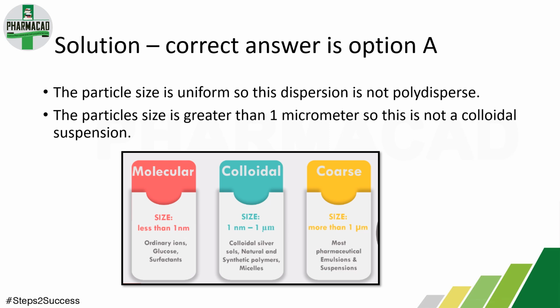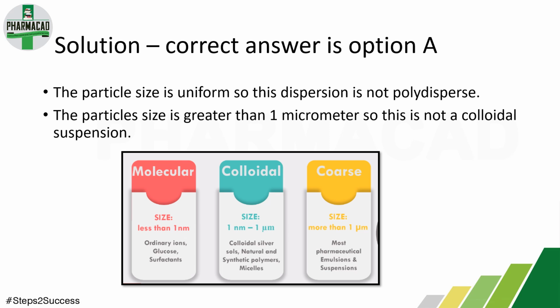As mentioned in the question, the particle size is uniform in nature, so this dispersion is not polydisperse. So the correct answer is monodisperse, and the particle size is greater than 1 micrometer. As mentioned in the question, it was 10 micrometer. So this is not a colloidal suspension. In this chart, you can see the difference between the molecular, colloidal and coarse dispersion sizes. The size for coarse dispersion is more than 1 micrometer, and that is the reason the given suspension is monodisperse